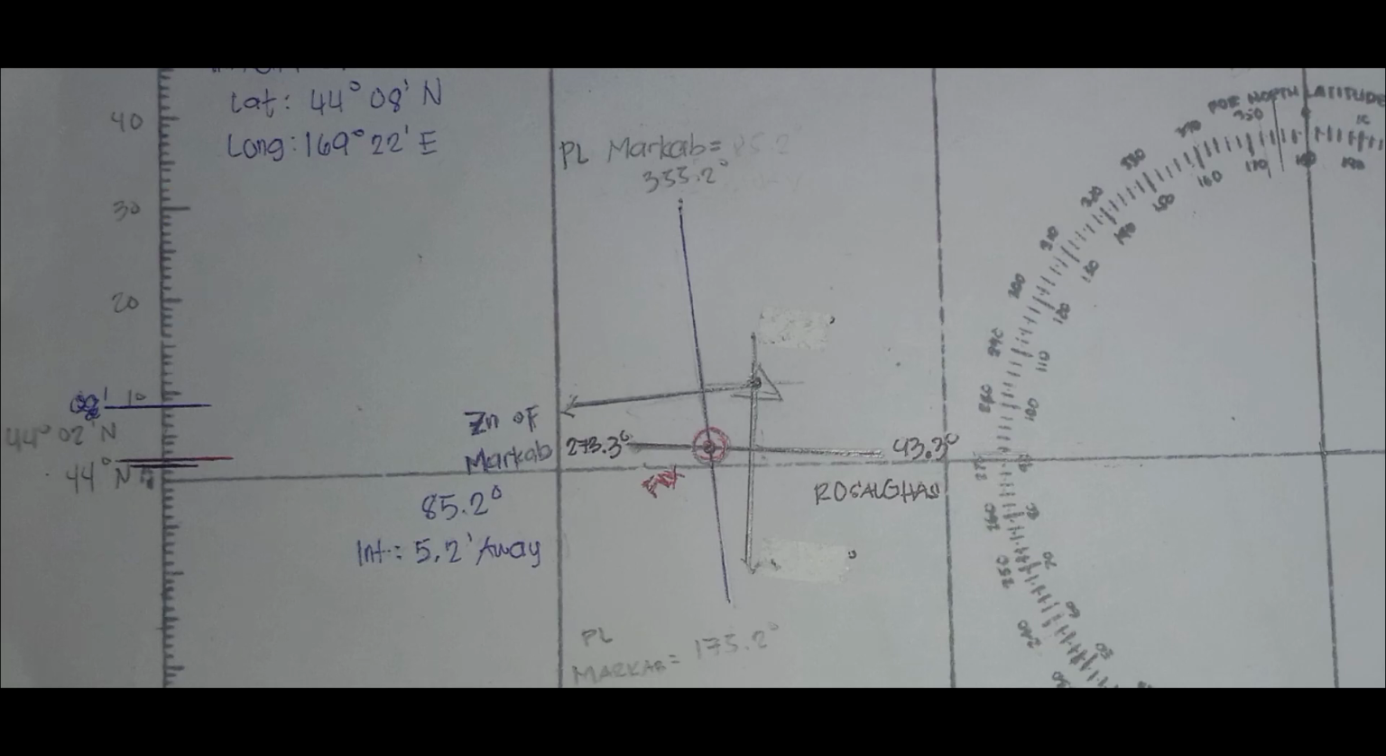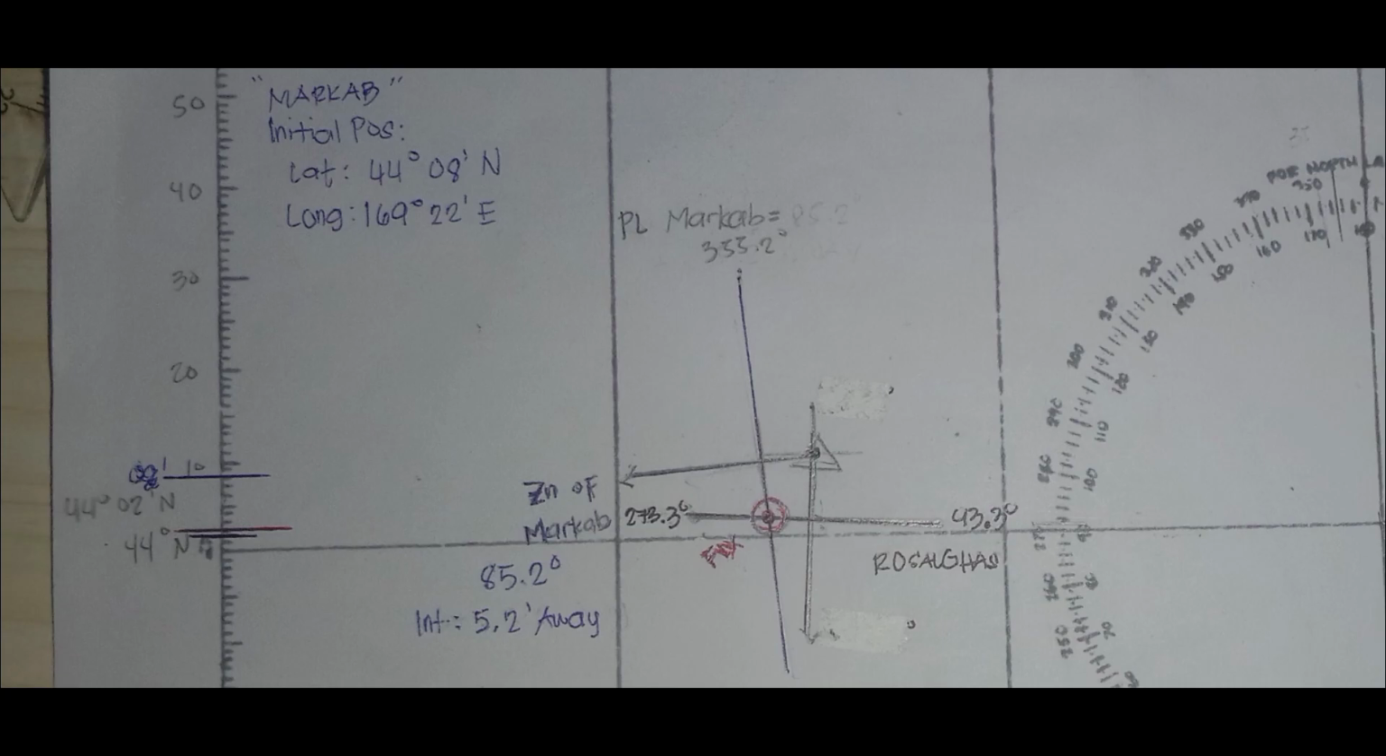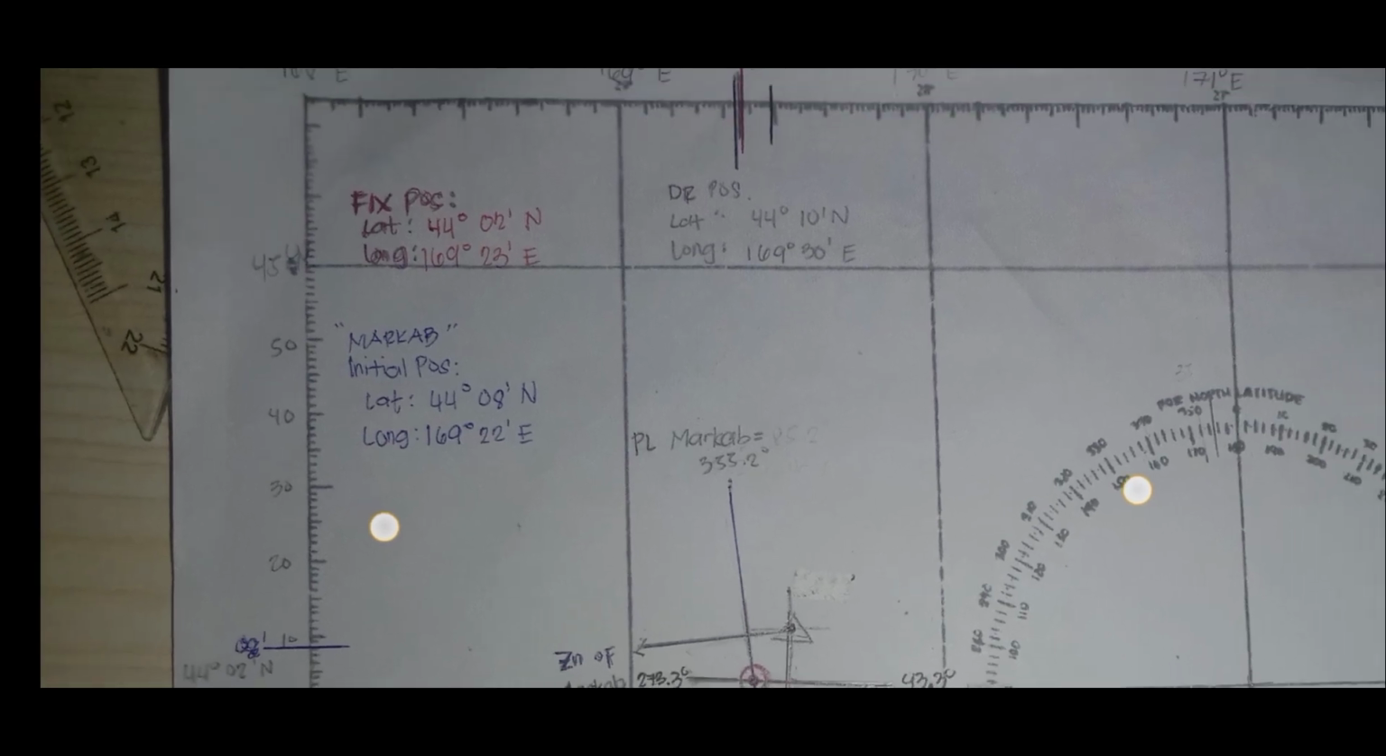After we get its position line, we can now get the latitude and longitude. The latitude will be 44.8 minutes north, and its longitude will be 169 degrees and 22 minutes S. Next star will be the